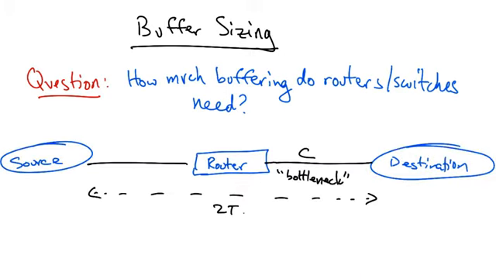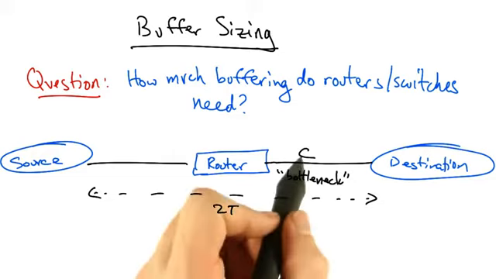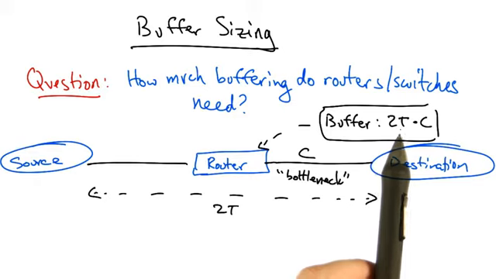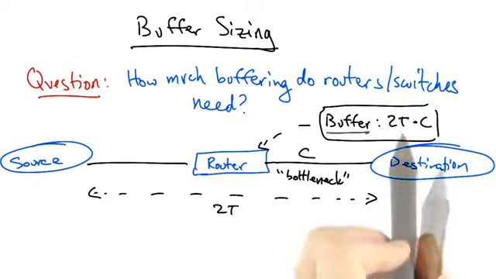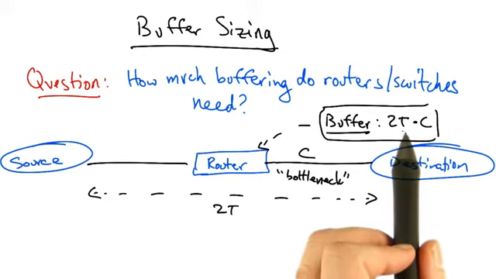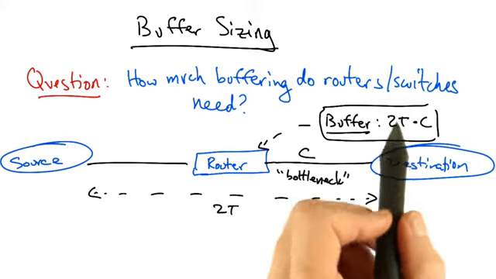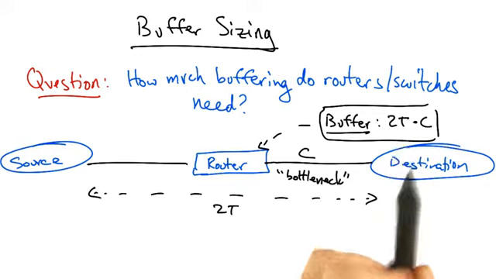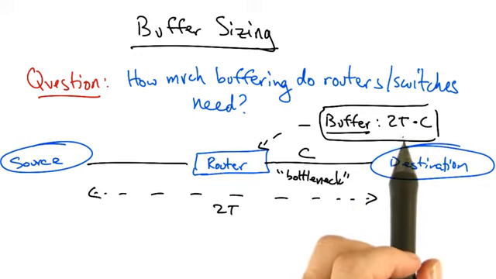So let's suppose that we have a path between a source and a destination, and the round-trip propagation delay is 2t, and the capacity of the bottleneck link is c. Now, the commonly held view is that this router needs a buffer of 2t times c. It should be clear why this rule of thumb exists. C is the capacity of the bottleneck link in, say, bits per second, and t is a time of unit second. So this works out to bits,